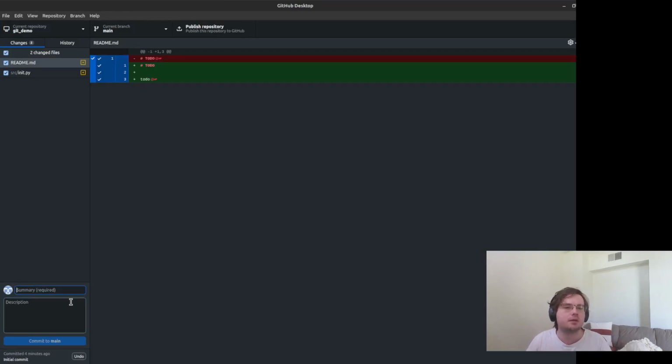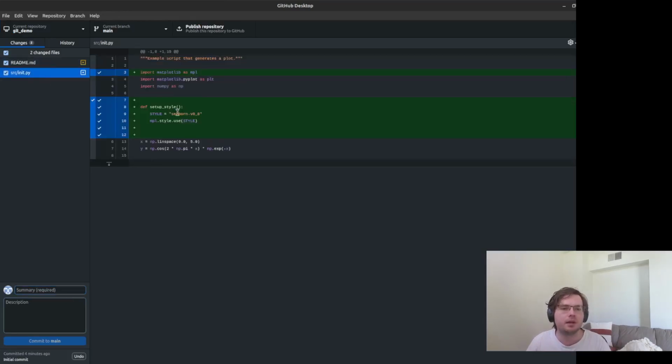it's important for me to give descriptive summaries and descriptions to these. So in this case, what I'm going to say is that the change that I mainly made was to add styling. I added styling to the matplotlib. And so now it's fairly obvious if you ever want to come back to this particular state after I've done some more things, maybe where I make a bunch of mistakes and mess up the code a whole bunch, it's going to be very obvious what's happening at this state of the code.